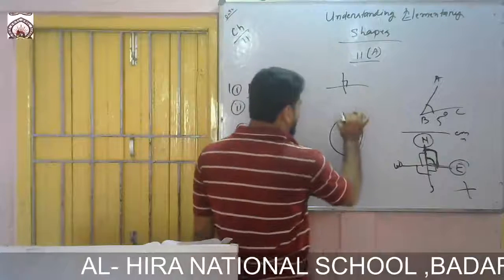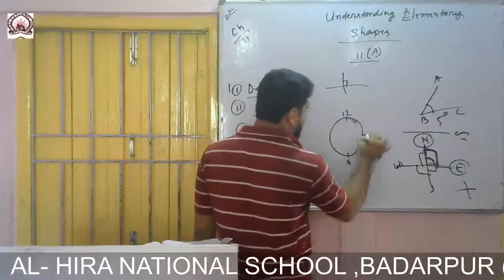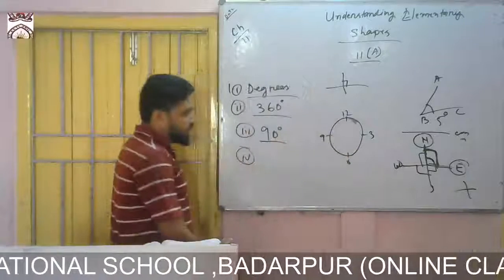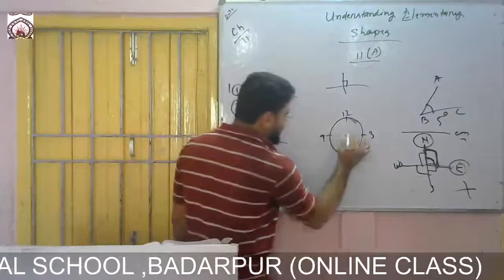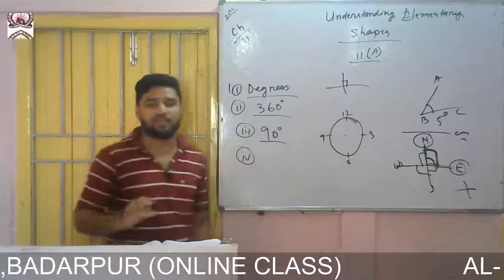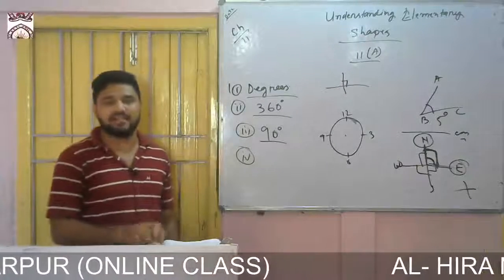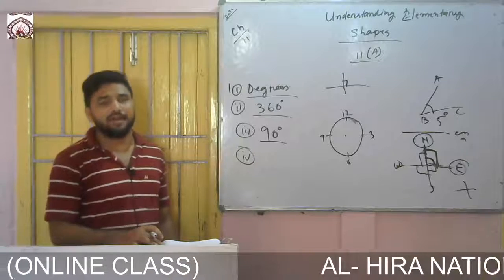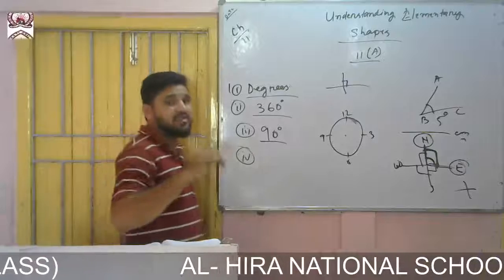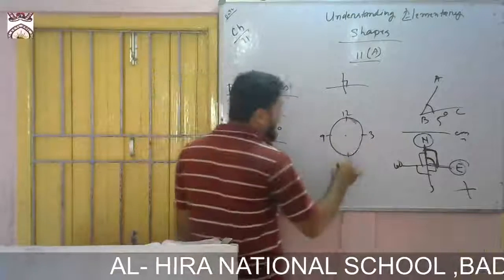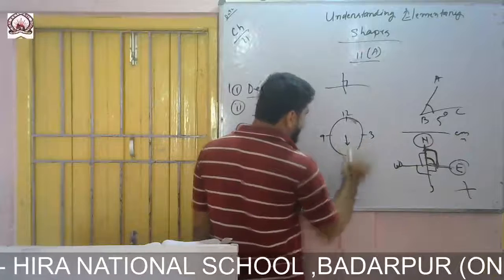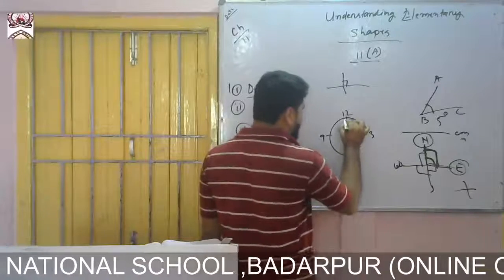We know here 12, here 6, here 3, here 9. And the question is asked about the two hands of the clock. A clock has 3 hands: one is the second hand, another the hour hand, another the minute hand. At 6 o'clock, where will the hands be? The hour hand will be at 6,